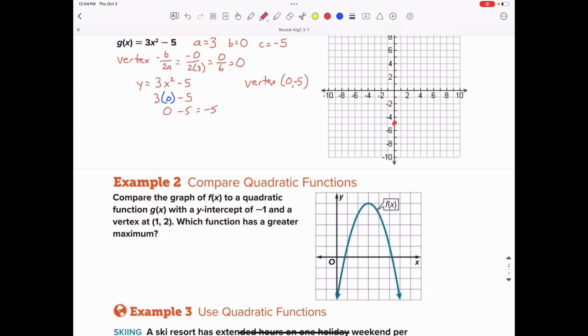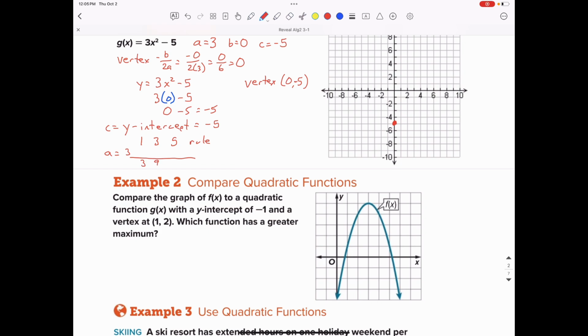The second step is the y-intercept. The y-intercept is located at the c value, and the c value is -5, and notice that was also the place of the vertex, so that means we were probably correct. And then we're going to apply the 1-3-5 rule for the last rule. So the 1-3-5 rule, we're going to take it times the a value. In this case, the a value is 3. That is going to give us